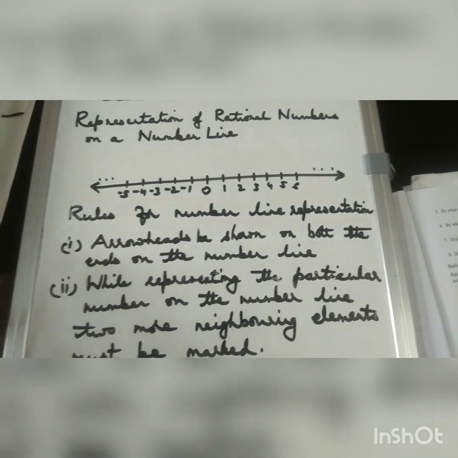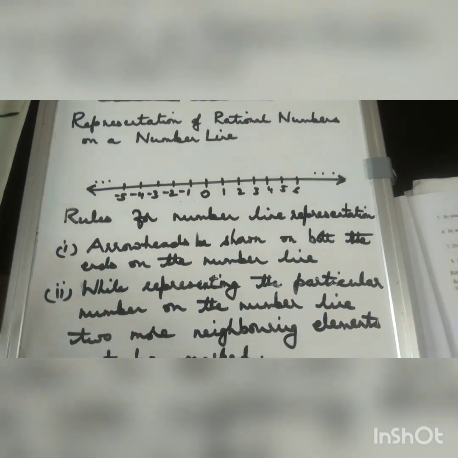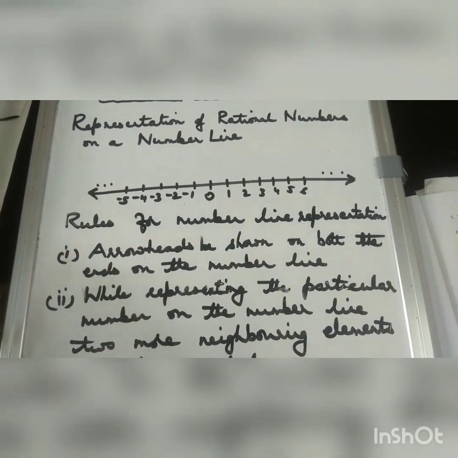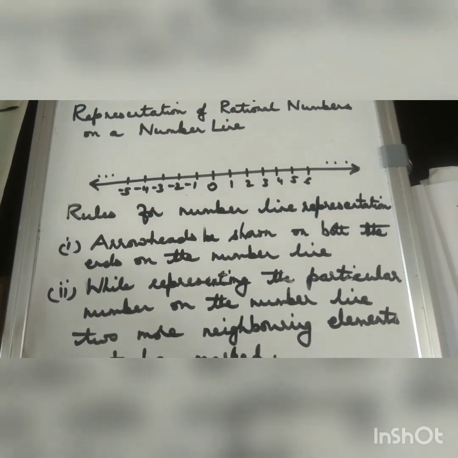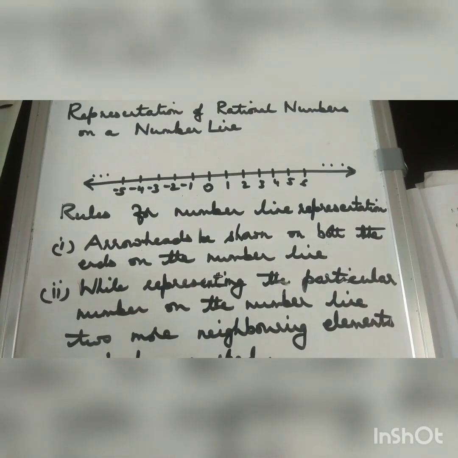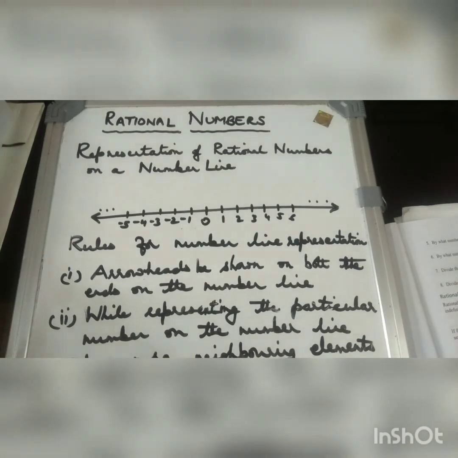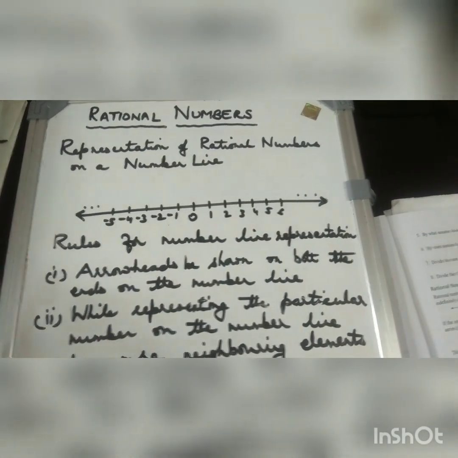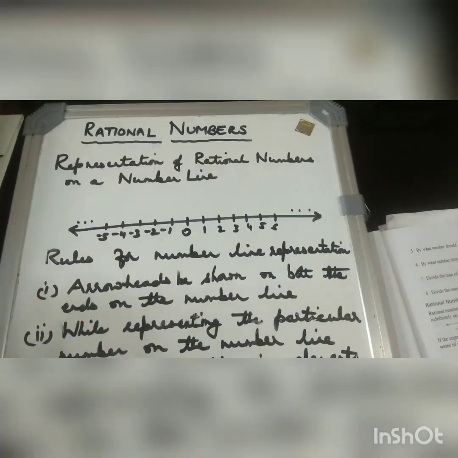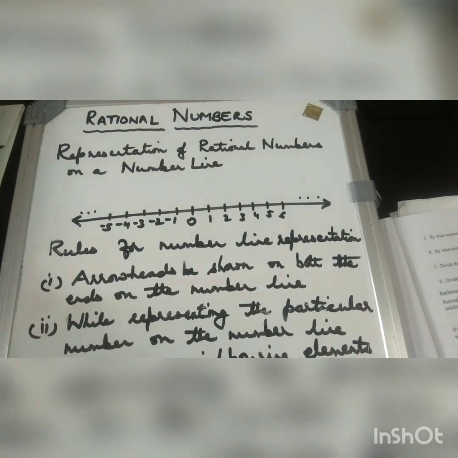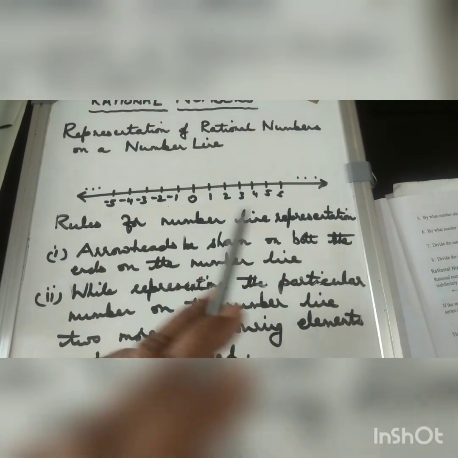Now if it is a finite set, then obviously you will be marking the numbers. But if it is an infinite set, then there are two options. Either you put three dots on either side of the number line, on whichever side it is infinite, or you can darken the arrow portion also. Both the rules are equally valid, but darkening is a little doubtful. So in that case I always prefer to put three dots on the number line to represent an infinite set. I hope this much is clear.